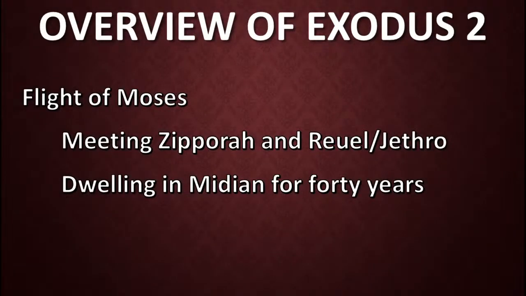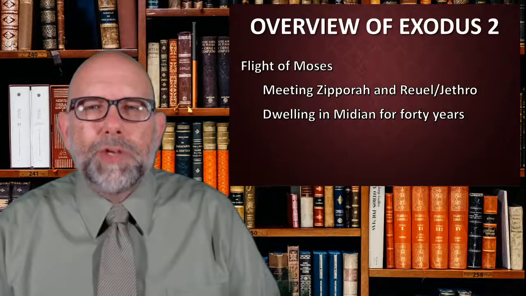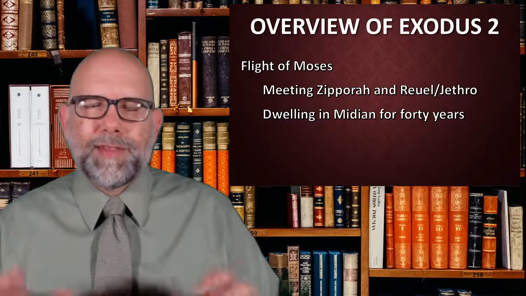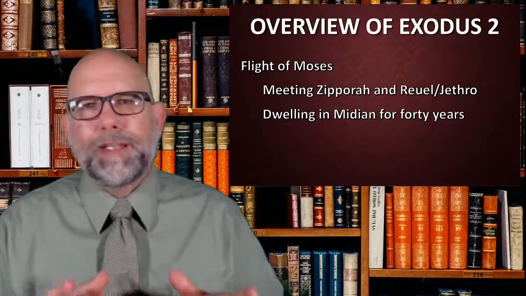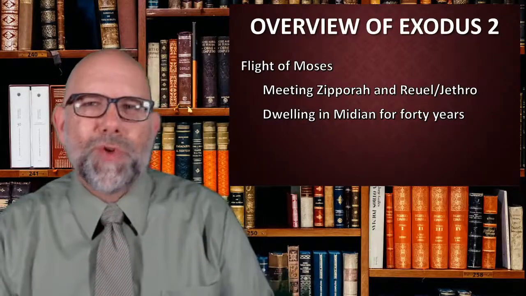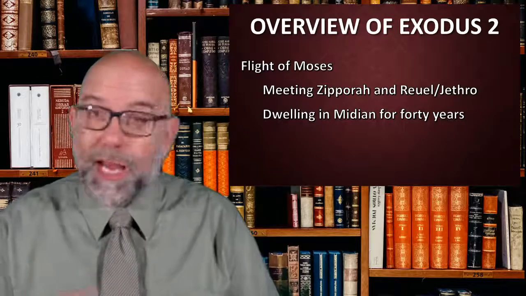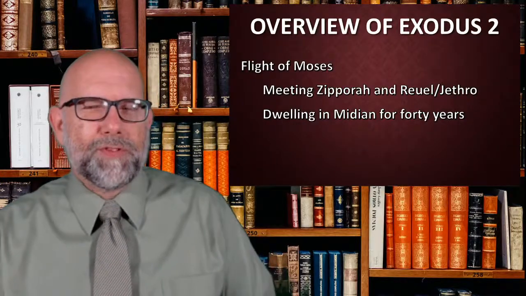Got a couple of comments I'm going to grab here really quickly. First of all, I've got a comment from Stephen James. Stephen says, Moses as a shepherd seems to have been symbolic of Christ, our shepherd. What's interesting about that, Stephen, is that I remember years ago, it was said that Moses spent the first 40 of his years in an academic training and then spent the next 40 years in vocational training to lead Israel. And to be a shepherd was ultimately his work for Israel. So like you say, Jesus, the great shepherd, Moses and he have a lot in common, we'll be finding out in the study of Exodus,